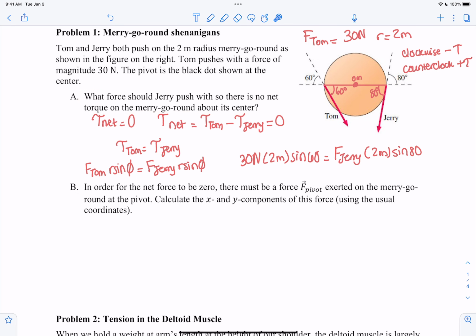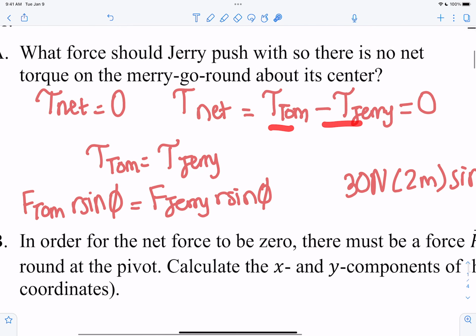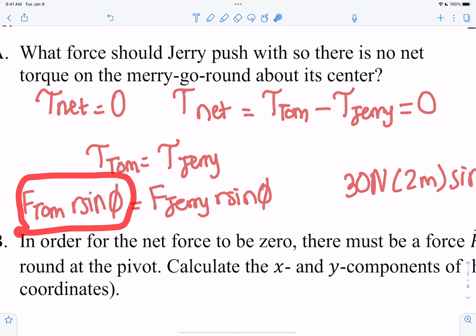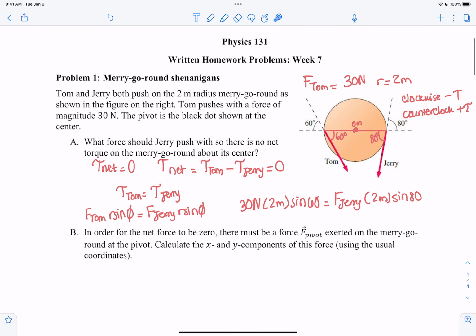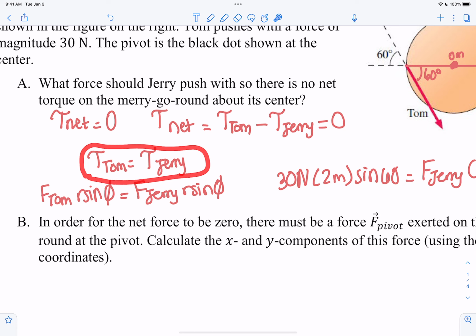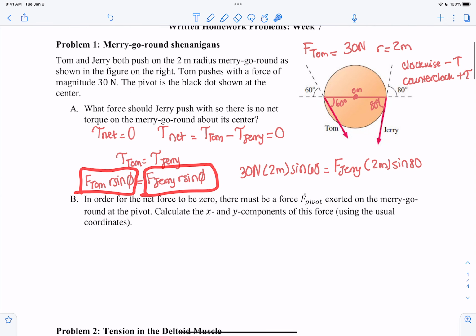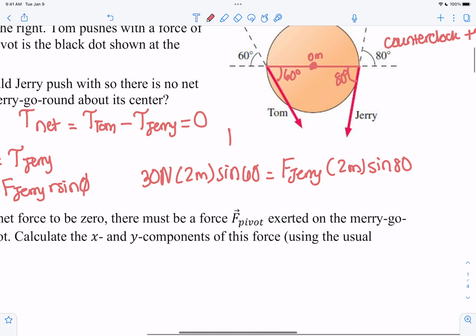If they just asked us for torque, well, we know that torque of Tom minus torque of Jerry has to equal 0 because there's no net torque. Net torque is 0. So then if you just calculate this part, you should be able to get Jerry's torque. Otherwise, if you want the forces that are relevant to each, then you have to expand this out and write torque as Fr sine phi, Fr sine phi. And then you solve for your forces here. So force of Jerry should end up being